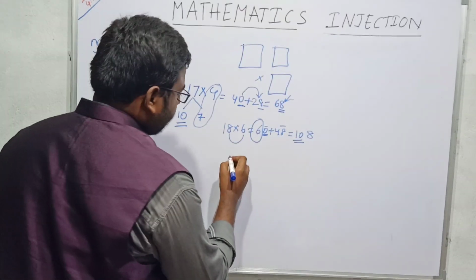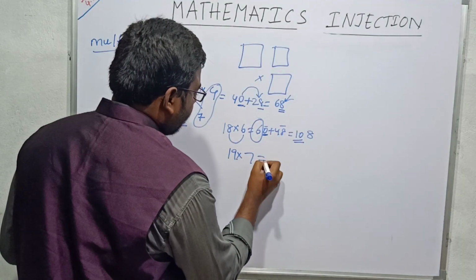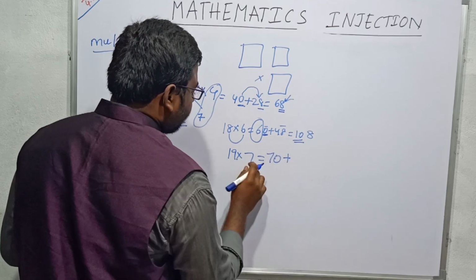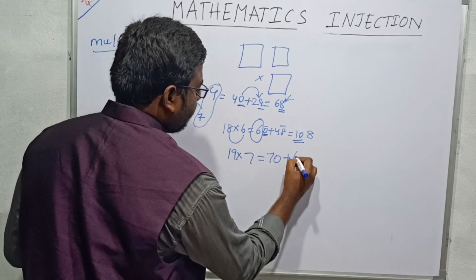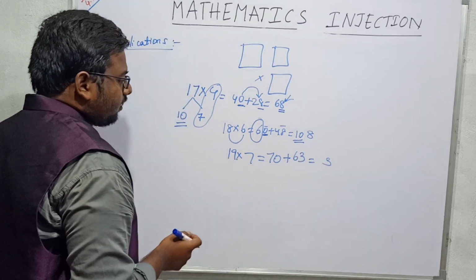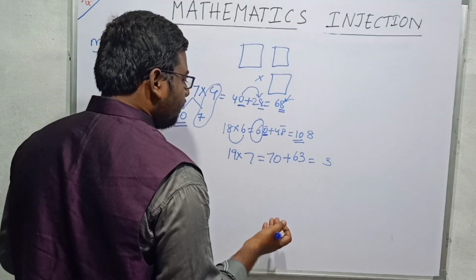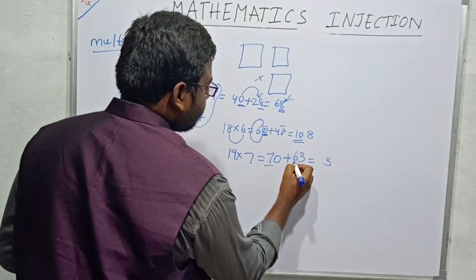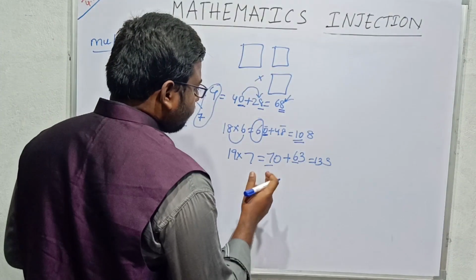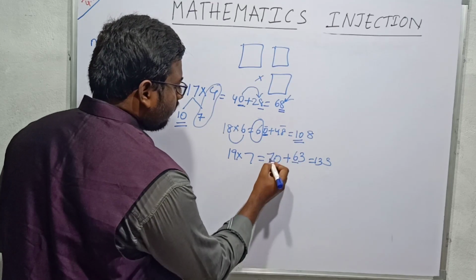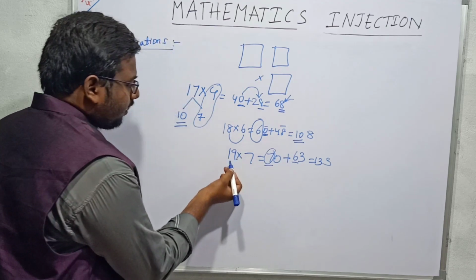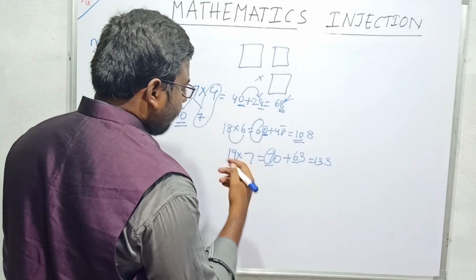For example, we will see some more problems. 19 into 7. Let us go in a slow manner. 70 plus 9 into 7, 63. What I am getting is unit digit 3 only. What is the unit digit in 9 into 7? It is 63. That means 3 only you will get. And 7 is added to 6. That means 133. If we reduce one step, I will see 7 ones are 7, 7 only. I won't say 7 tens are 70 plus 7 nines are 63. I will reduce one step.